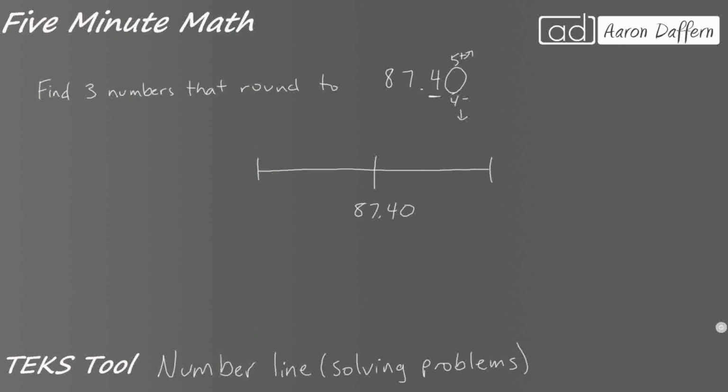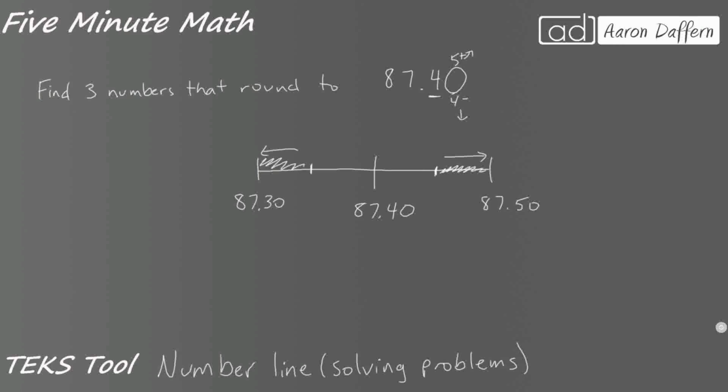What we can think of, if we want, is 87.30 and 87.50. And what we're wanting is numbers that go to 87 and 4/10 or 87 and 40 hundredths. And so what we need is these midpoints right here. Because if a number is going to land right here, it's going to end up rounding down to 87 and 3/10. And if a number ends up here, it's going to end up rounding up to 87 and 5/10 or